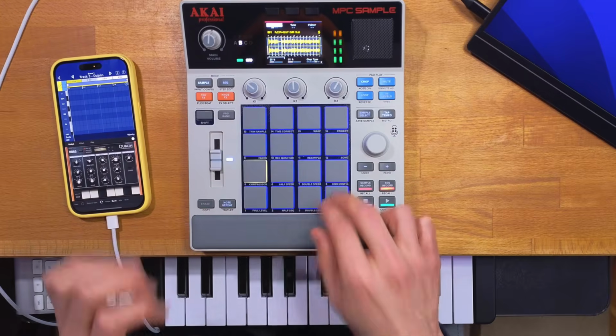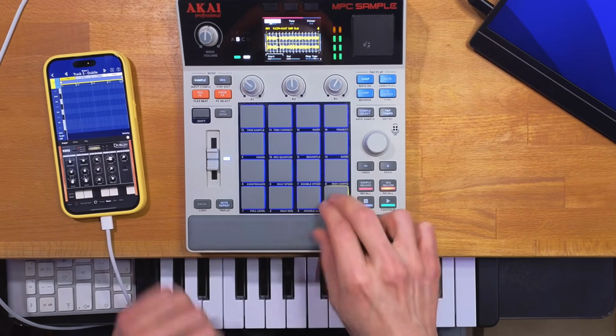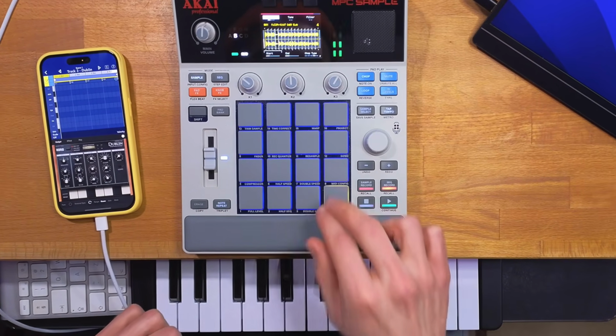So even if MPC Sample is primarily intended as a portable device for sampling, a lot of us want to be able to add our own melodic parts using keyboards. And this cute little baby MPC doesn't really provide a super straightforward way to do this. But it's still possible, and this is a follow-up to my first MPC Sample video, and I'm going to explain